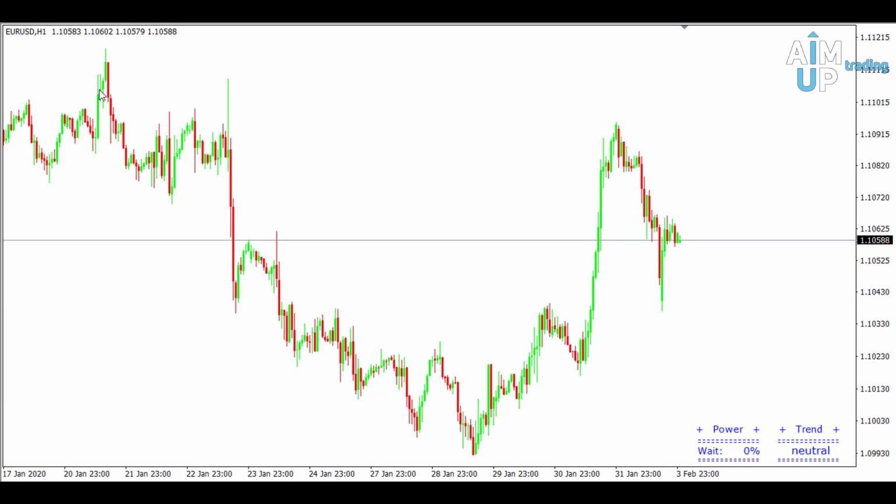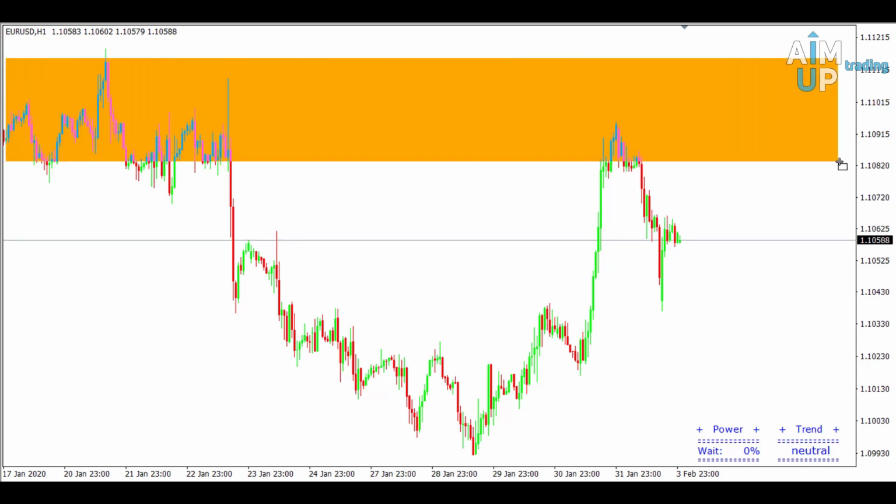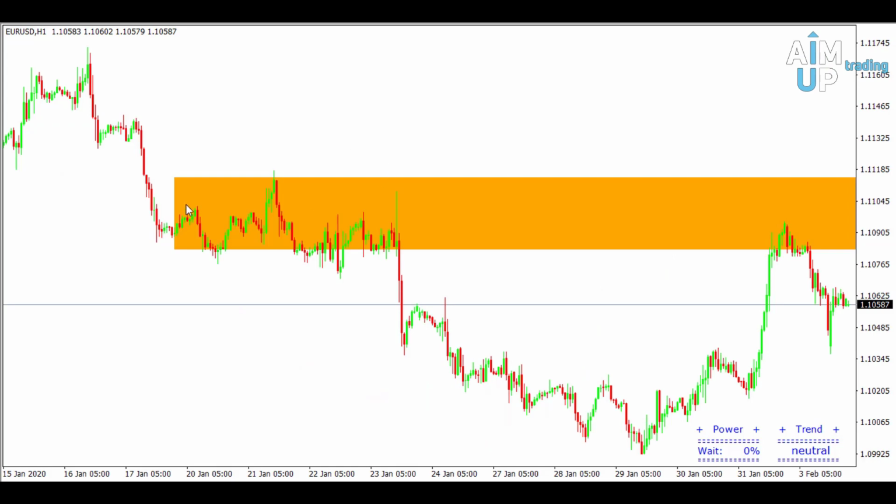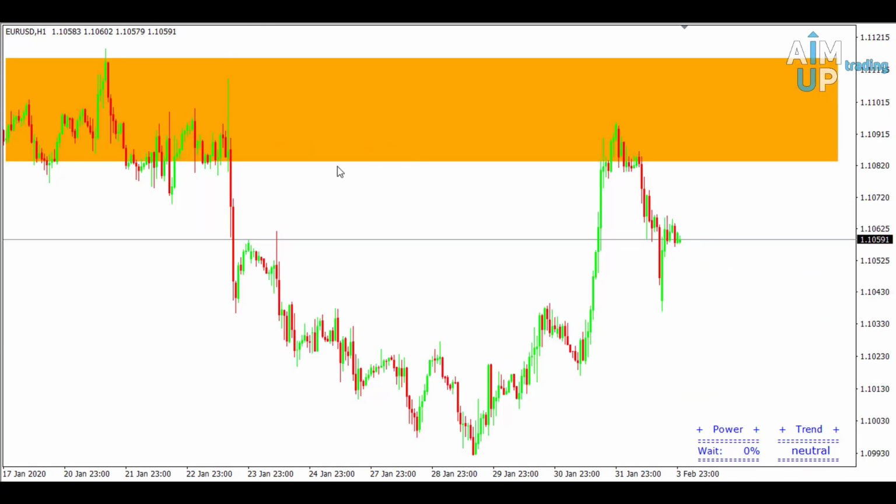As you can see right here, there is a good rejection of the price. We have a really nice resistance right here. We're drawing this zone, this buffer zone right here. The price already rejected it over there once, so we're going to be waiting for a confirmation to enter the trade